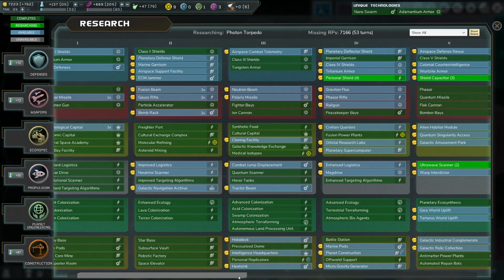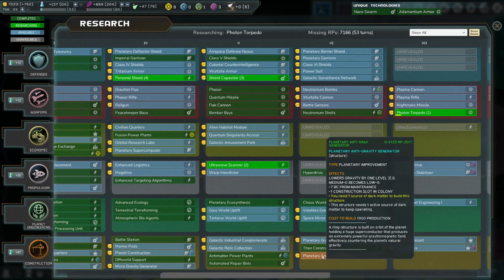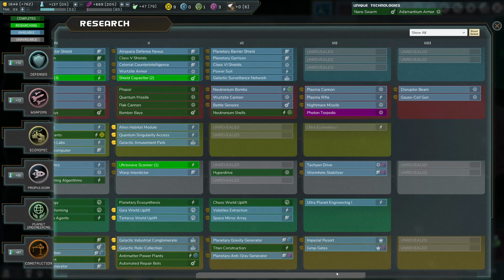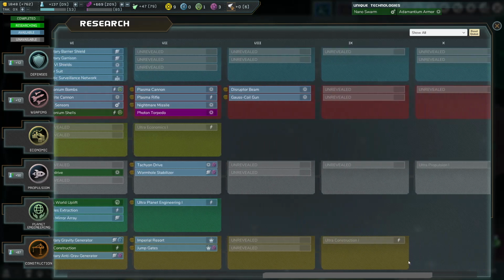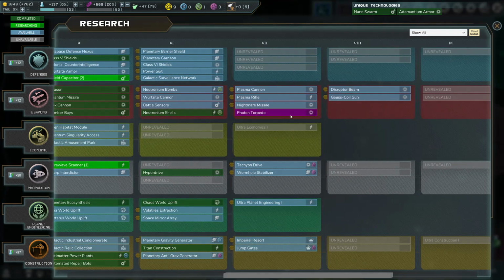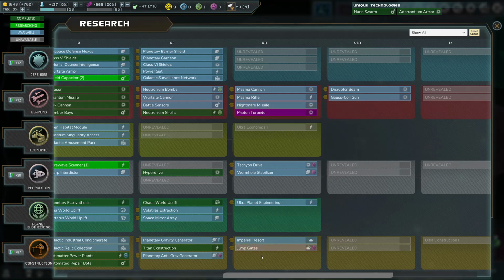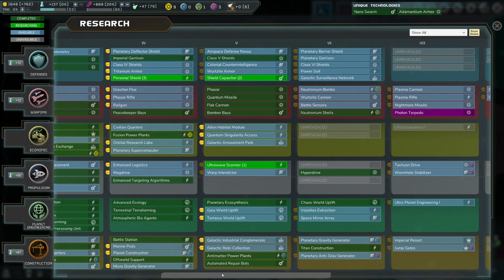Money is up. We can get the torpedo. Let's do that. Alright, that is now out of the way. Nightmare missile. Huh. Anyway, now...